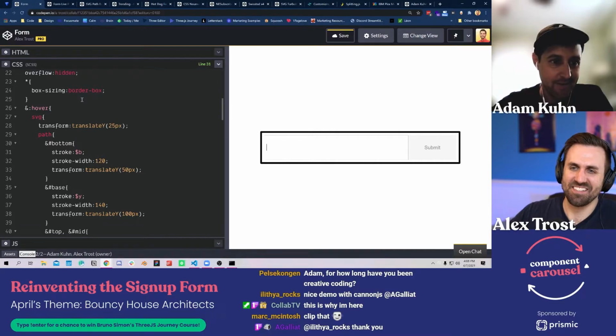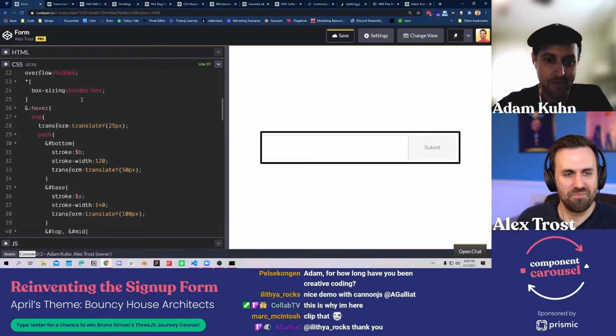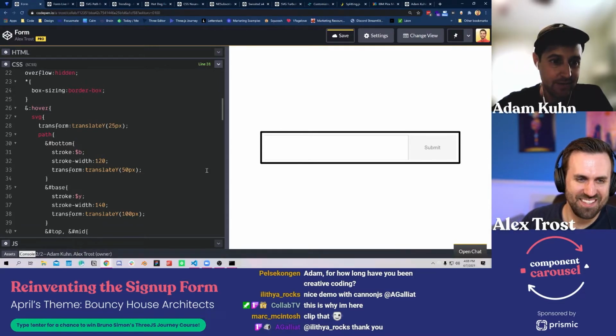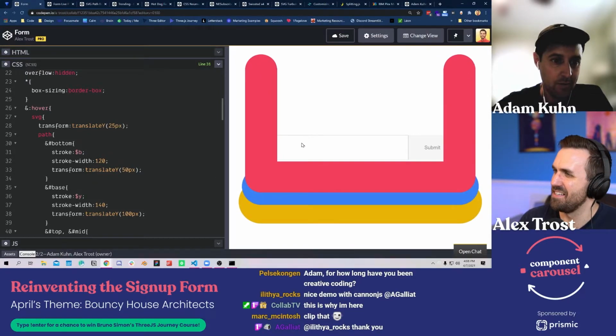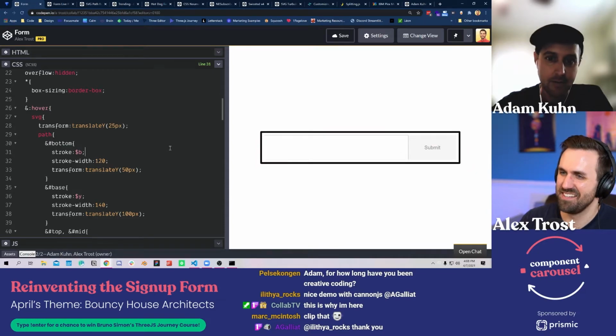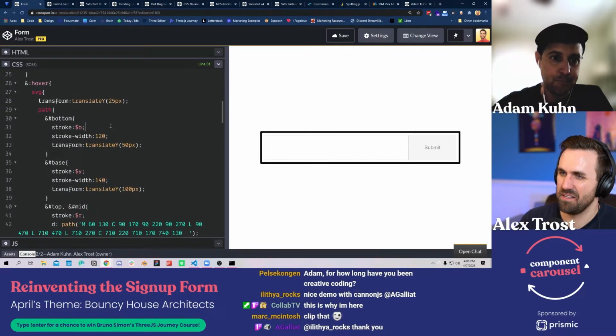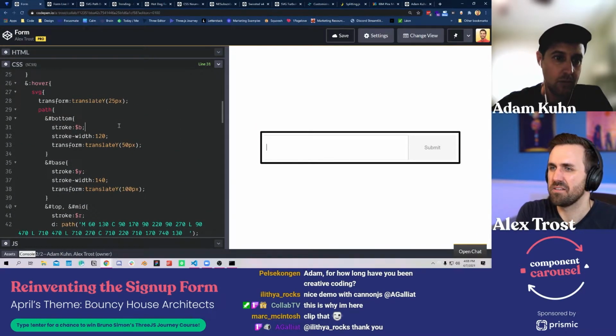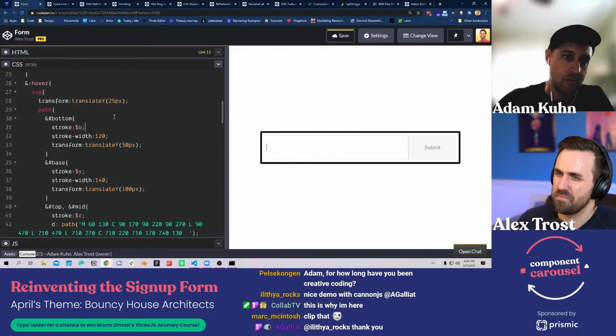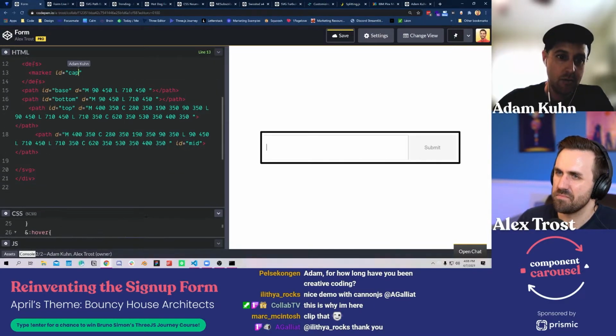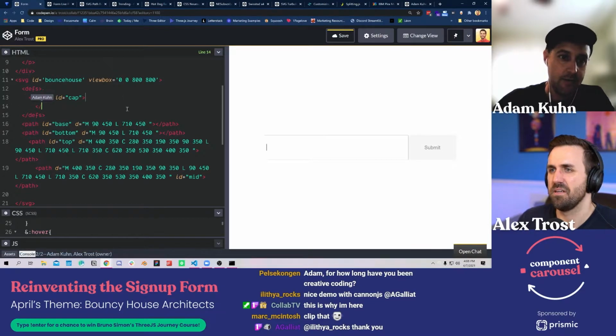Let's see here. What else do I need to throw in here? Oh yeah, I'm going to use those markers. Let's put a cap on the end of it.